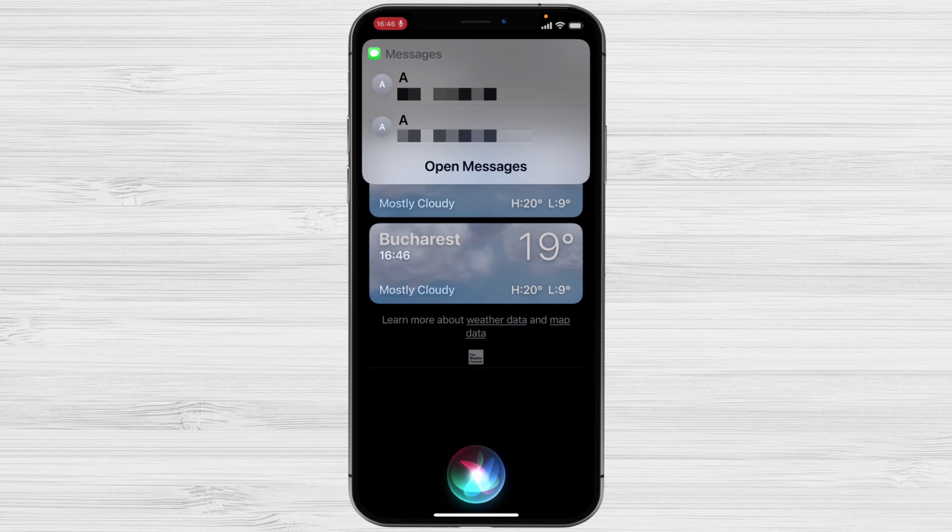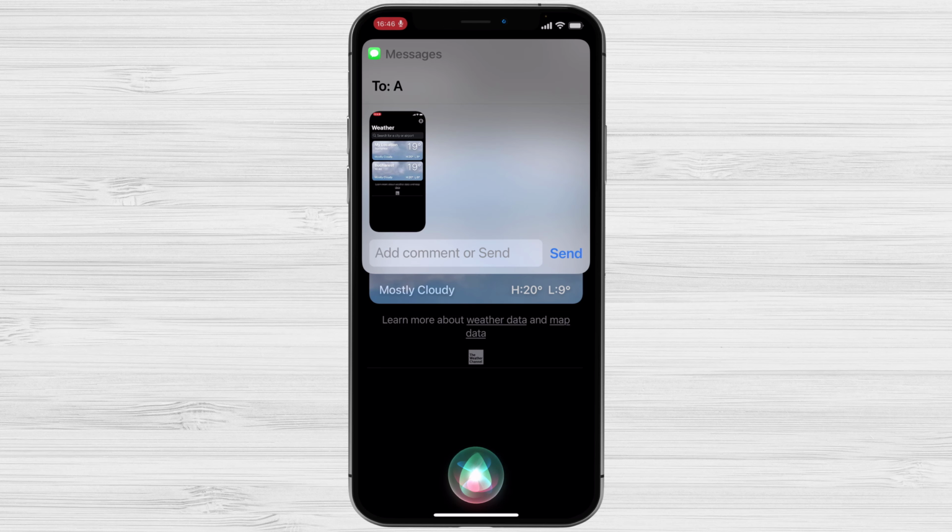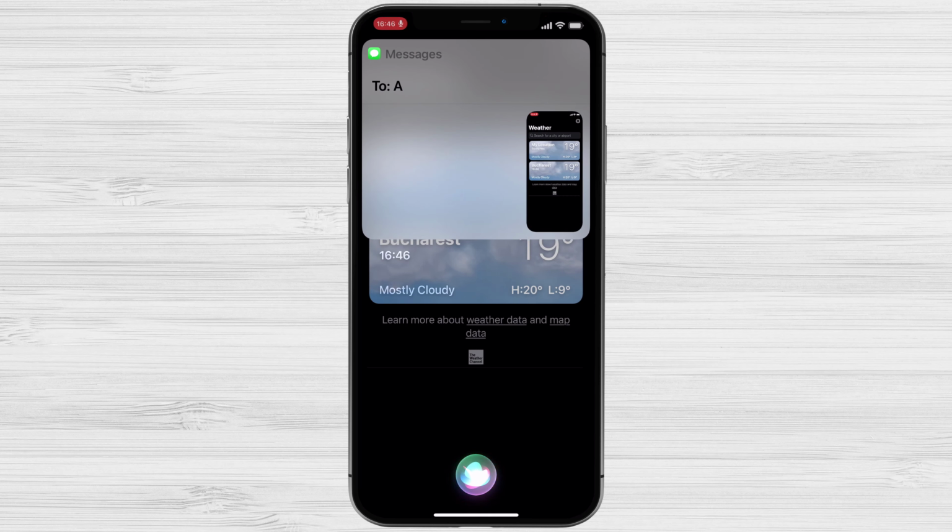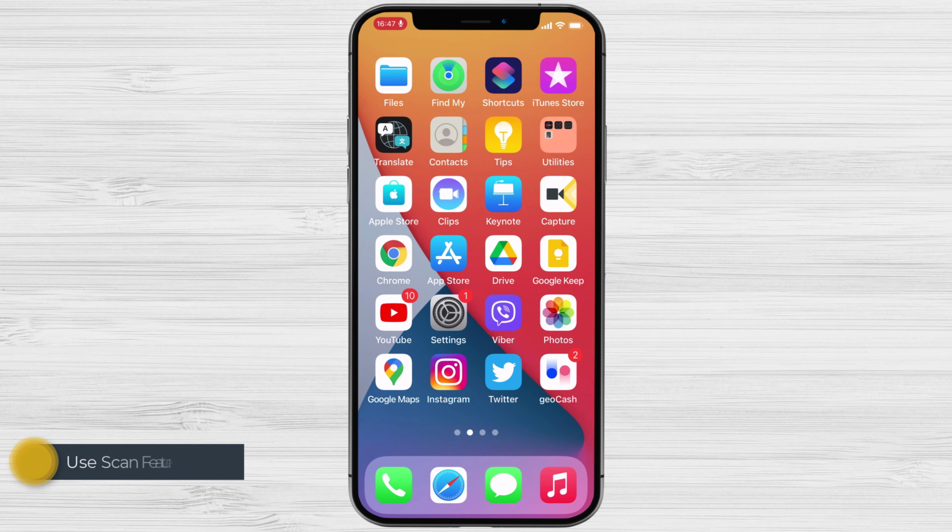If Siri cannot get the URL or content to share with the recipient, the virtual assistant will gladly comply by taking a screenshot and sending it. It is the perfect solution for apps that don't easily share content or that don't use this new paradigm for sharing on iOS 15.